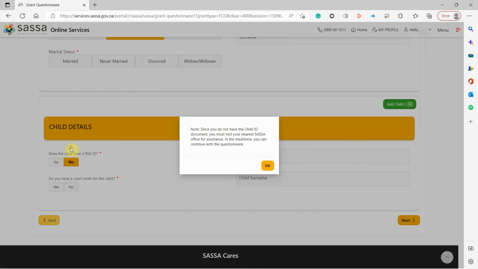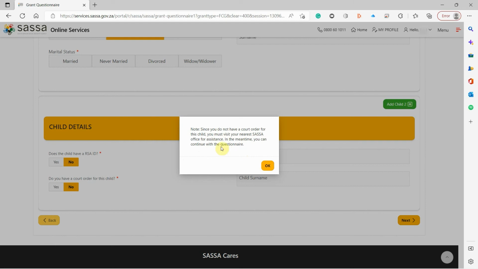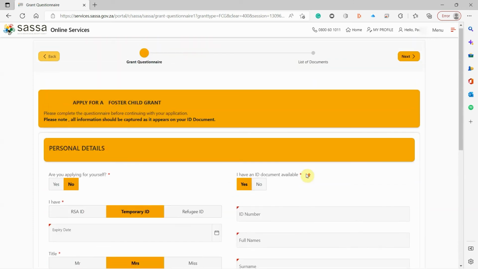You can also indicate here if the child does not have an ID. The note here says, since you do not have a child ID document, you must visit your nearest Sassa office for assistance. In the meantime, you can continue with the questionnaire. In other words, you'll need to actually go to the Sassa branch to engage with them to ensure that you get your application through. Do you have a court order for this child? Depending on what information you have, if you do not have one, you'll have to go to your nearest Sassa office for help, the same as with the ID. Once you have successfully captured all this information and you are certain that the information is correct,